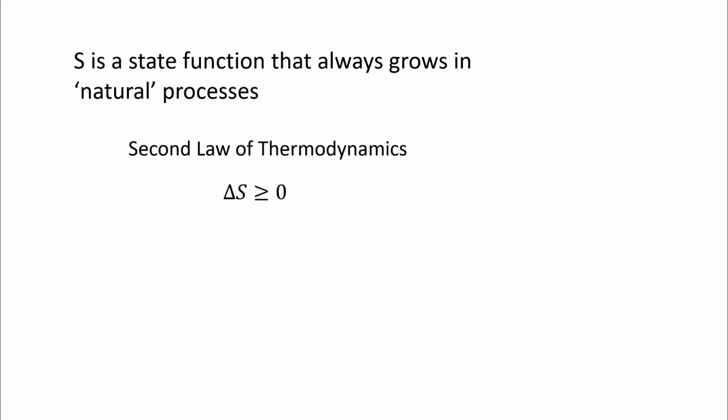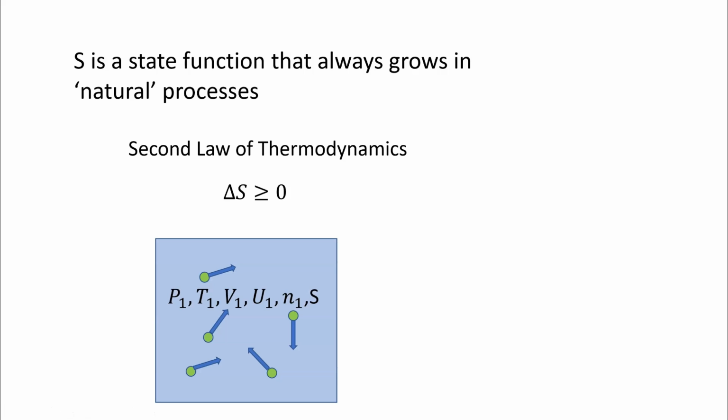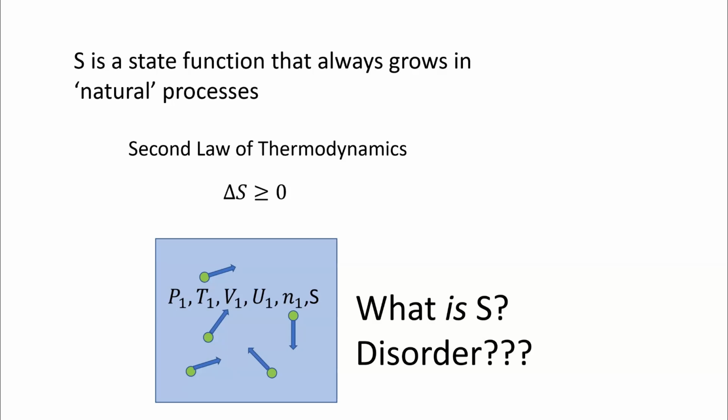So what we're saying is that this system that we drew before, in addition to having all of these state variables, also has a state variable S. In other words, it's some property of the system. I can glance at the system, I can measure it, and if the system changes, this state function is going to get bigger. No matter what I do to it, this function is going to get bigger. Of course, I still don't know what it is. And moreover, what does any of this have to do with broken eggs and messy desks and all that? And that I will explain in the next video.